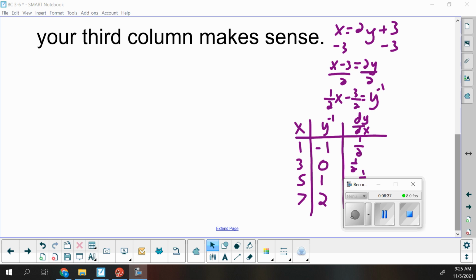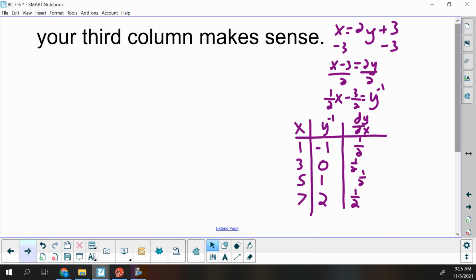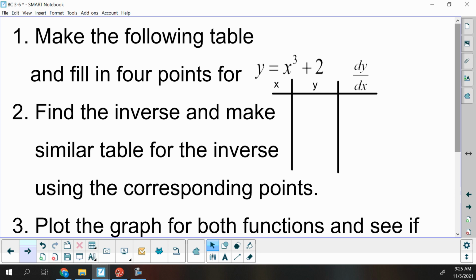All right, so we're going to go on to a second example now. I was going to have you graph these, but just in the instance of time, really all we would notice on the graph is that it's reflecting over y equals x, those two graphs. So we're going to do the same thing for x cubed plus 2. So this time,